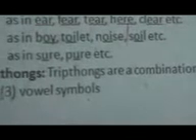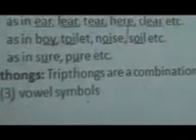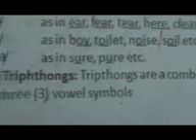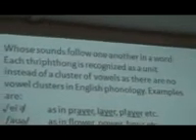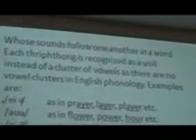Division D. Triphthongs. Triphthongs are a combination of three vowel symbols whose sounds follow one another in a word. Each triphthong is recognized as a unit instead of a cluster of vowels, as there are no vowel clusters in English phonology. Examples of triphthongs are: we have